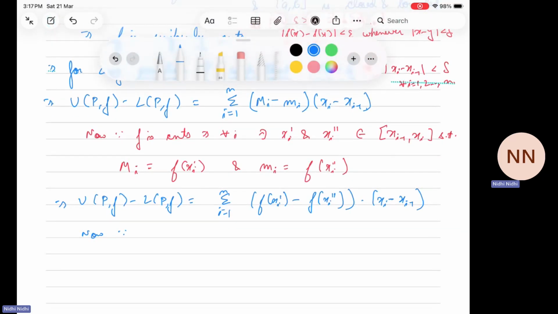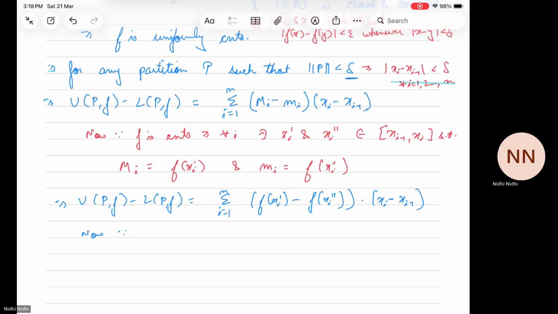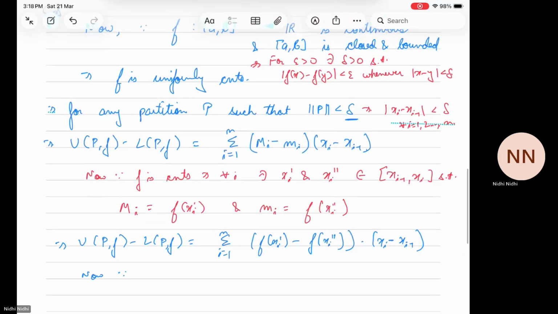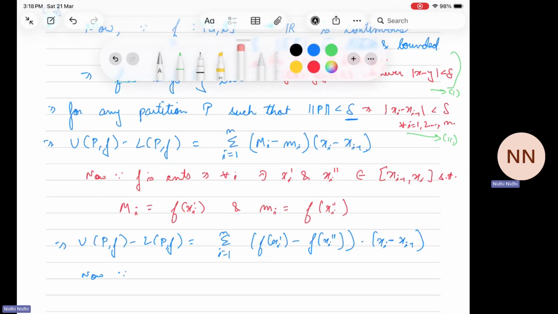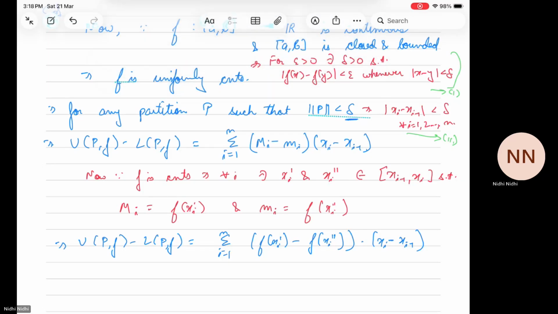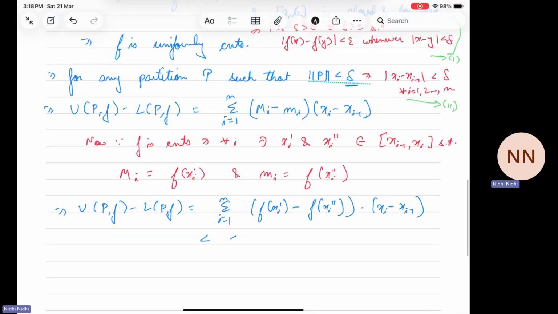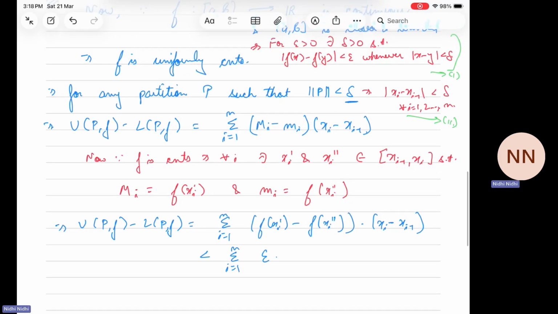So if I mark this one as 1 and this one as 2, I can write this to be strictly less than summation i from 1 to n epsilon times